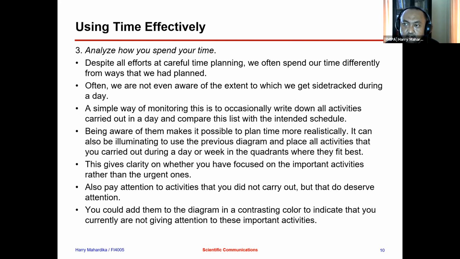For example, we are planning to work on literature research from 1 p.m. to 3 p.m. But what happened is that after just half an hour, we are getting bored. The most productive time of our daily activities, but nevertheless we're getting bored,